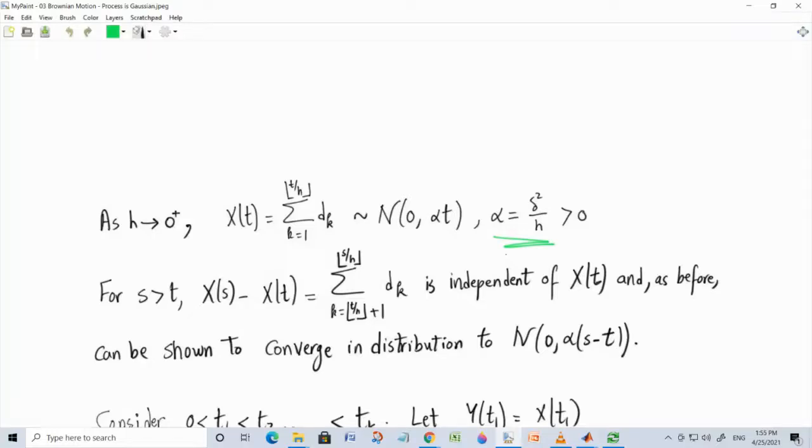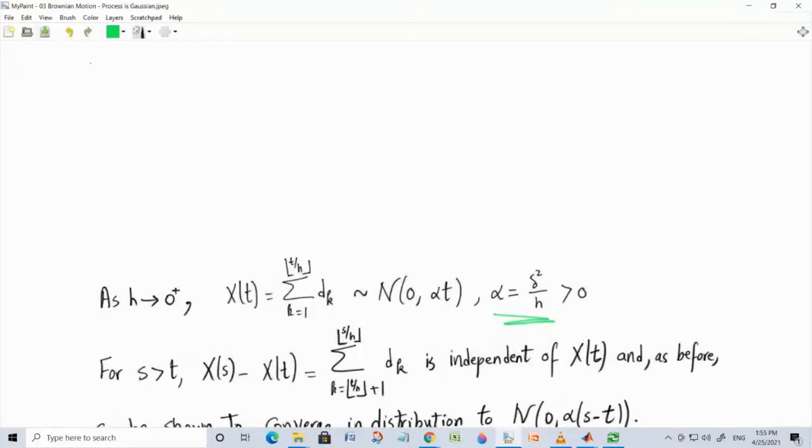A Gaussian random process is not a process in which the distribution at an instant of time is Gaussian. So we need to do more, because the definition of a Gaussian random process is much more strict than the distribution being Gaussian at every value of t. A process is Gaussian, so recall this definition. X of t is Gaussian